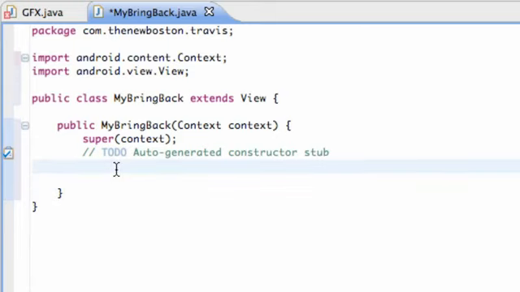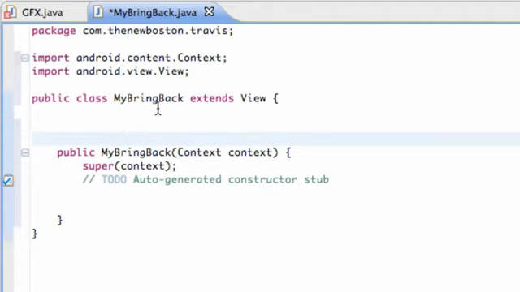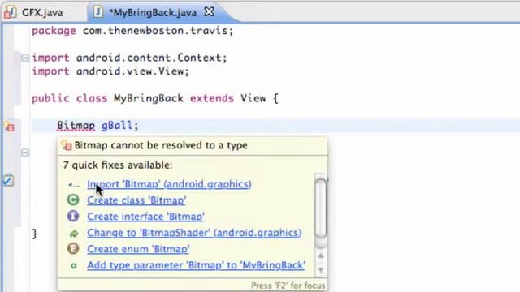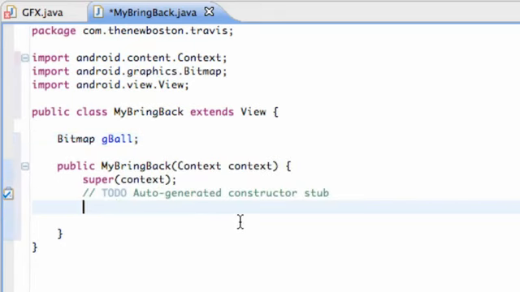So let's set up a variable. Well, first we want something that's going to be able to be used within our whole class. So we're going to say bitmap, and we're going to call it gball for green ball. And we are not going to define it yet. We're just going to say, hey, there's going to be this variable, look out for it. And now within our constructor, let's define it within there. So we're going to say gball equals,